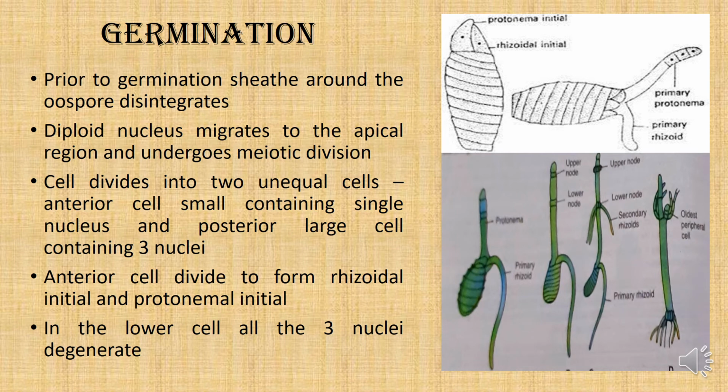So this germination we are seeing, this is a very good picture. That is, the primary protonema is moving in the upward direction, the rhizoidal in the downward direction, like this here, and this is the bipolar germination. And this is how this primary protonema later forms nodes and internodes here, and it gives rise to the entire Nitella plant. So in the entire life cycle